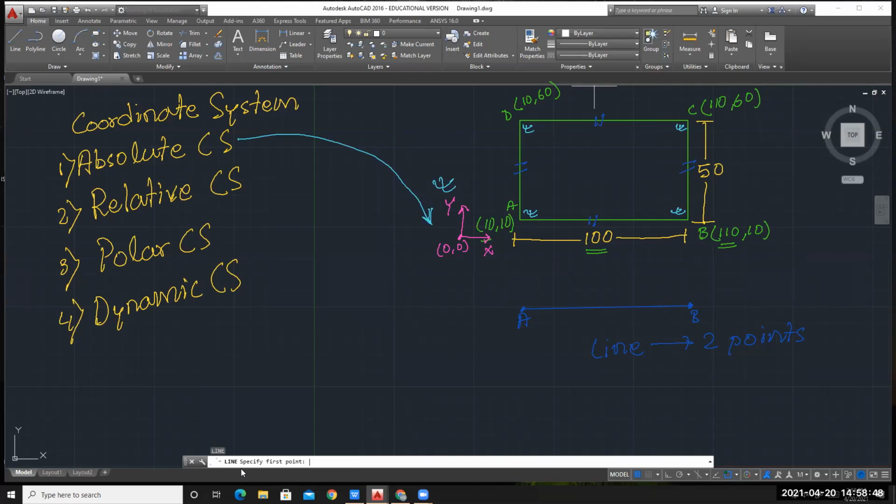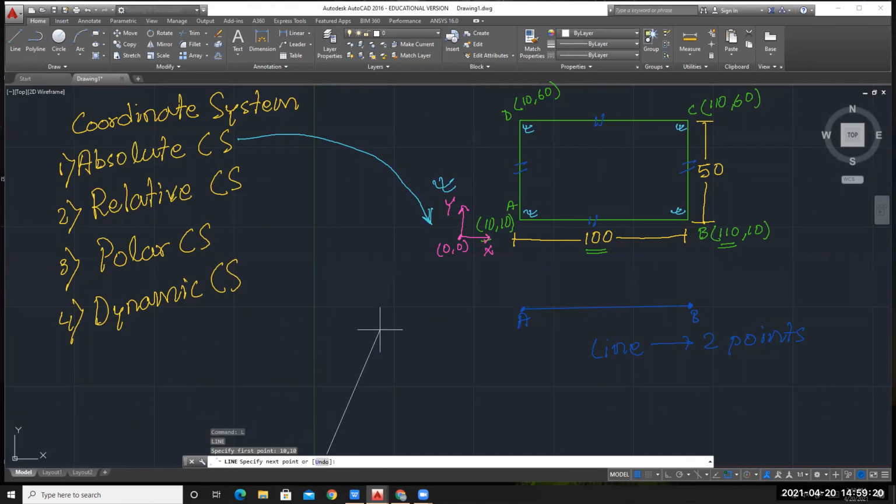Now you can see in the command line, it is asking to specify the first point. As I have told you, to draw a line, you need at least 2 points. So let's draw this rectangle using line command. I will give the first point at 10, 10. You can see in the command line, I am typing 10, 10. Once I have written the value, I will press enter.